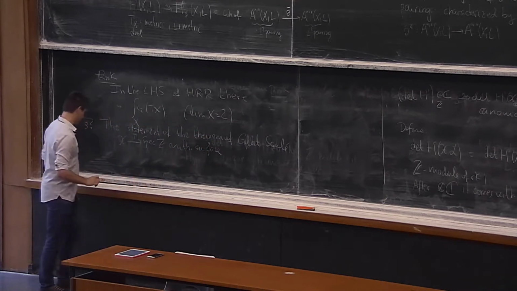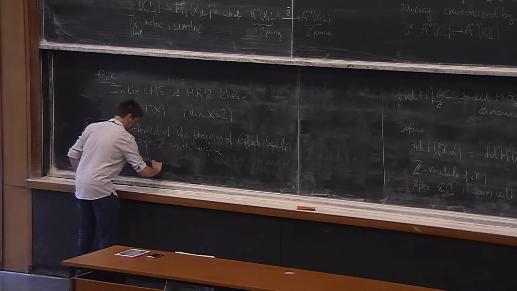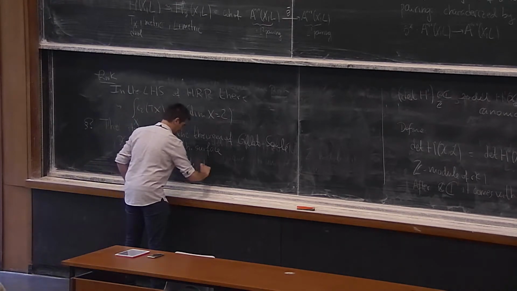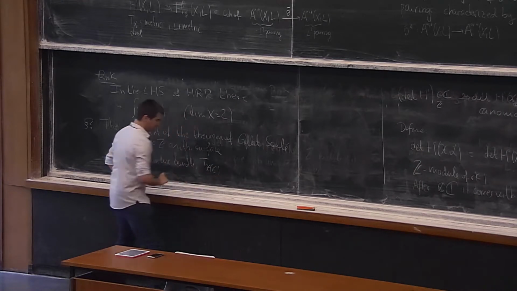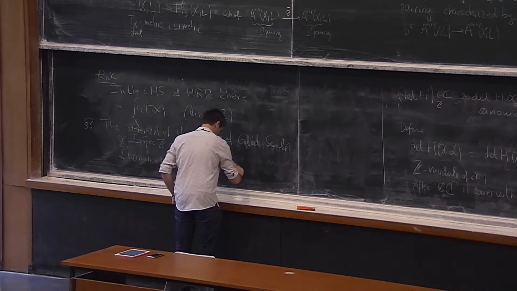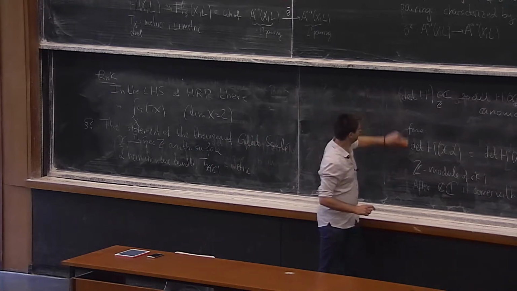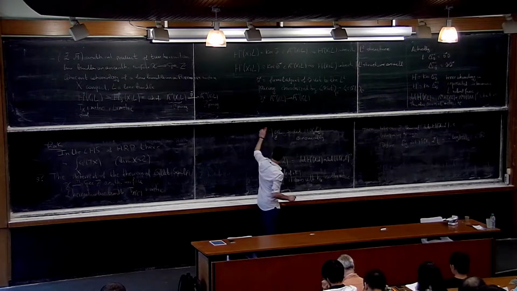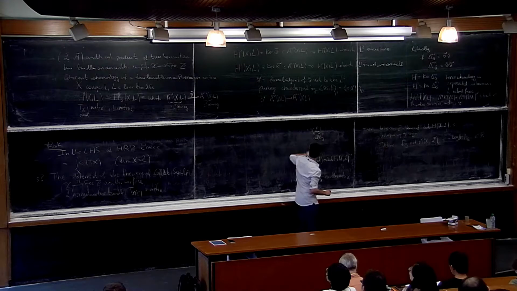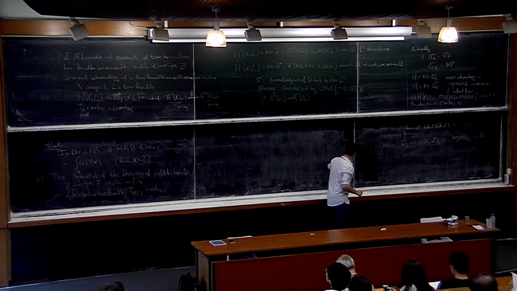We fix our Hermitian line bundle L. And we fix a metric on the holomorphic tangent bundle on the associated Riemann surface. And by duality, this metric on the tangent bundle induces a metric on the cotangent bundle. And I will use this metric